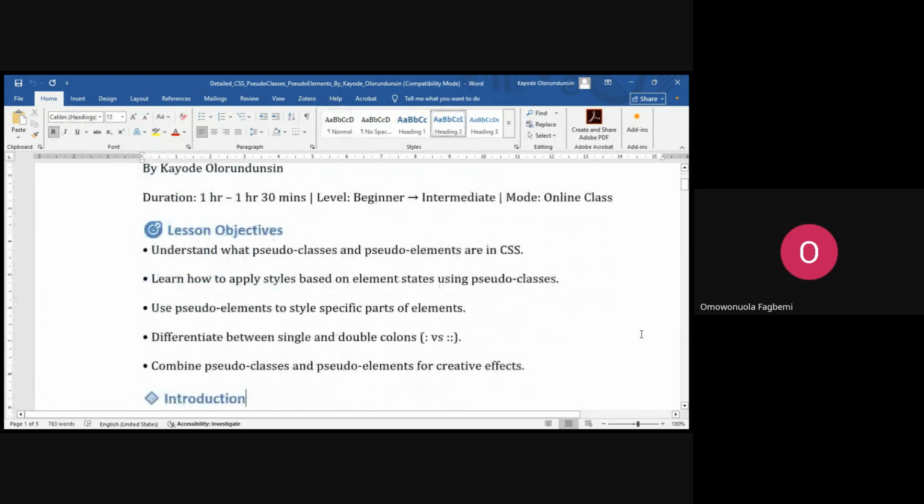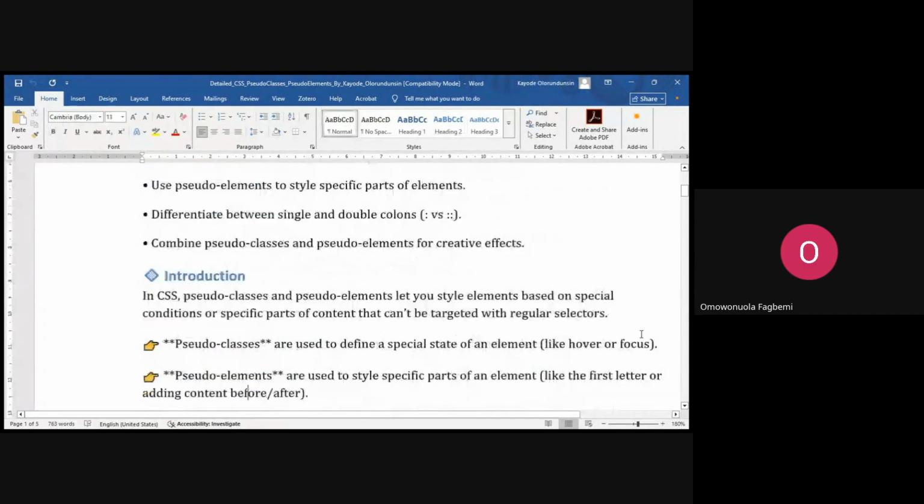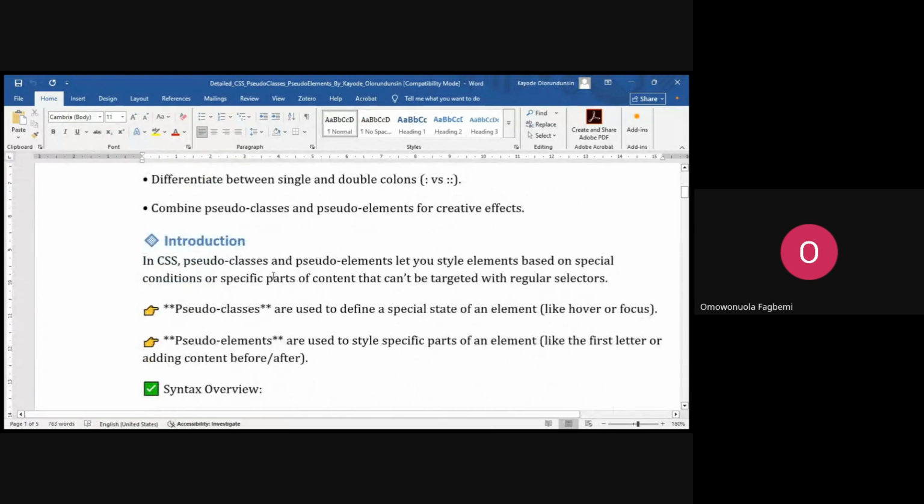Okay, let's just dive into it. CSS pseudo classes and pseudo elements let you style elements based on special conditions or specific parts of content that can't be targeted with regular selectors. Pseudo classes are used to define a special state of an element like hover or focus. I don't know if you understand what focus means. Focus is also a type of hover, but it works